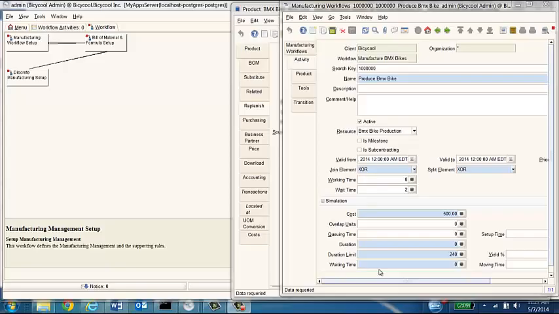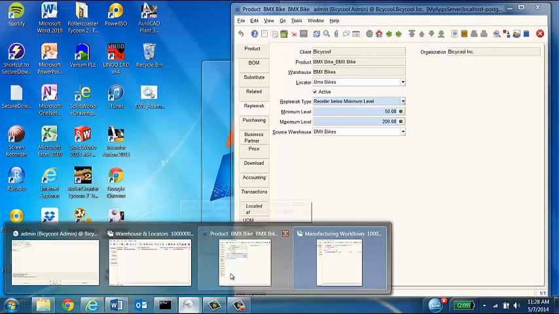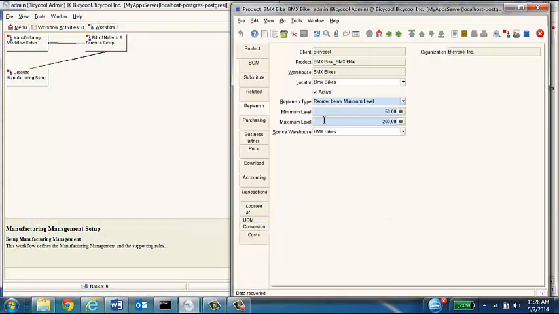So now we're going to look at our MPS and MRP and how it relates to producing our BMX bikes. So as we can see, the setup cost is $500, and in here you can put in your setup time, yield percent, duration limit is 240, and here we can see the product is BMX bike, quantity of 650 that we're making, and we are going to look at also, this is set up so when we have a minimum level of inventory, and once it gets below 50, we need to replenish it, reorder below the minimum level, and we have a